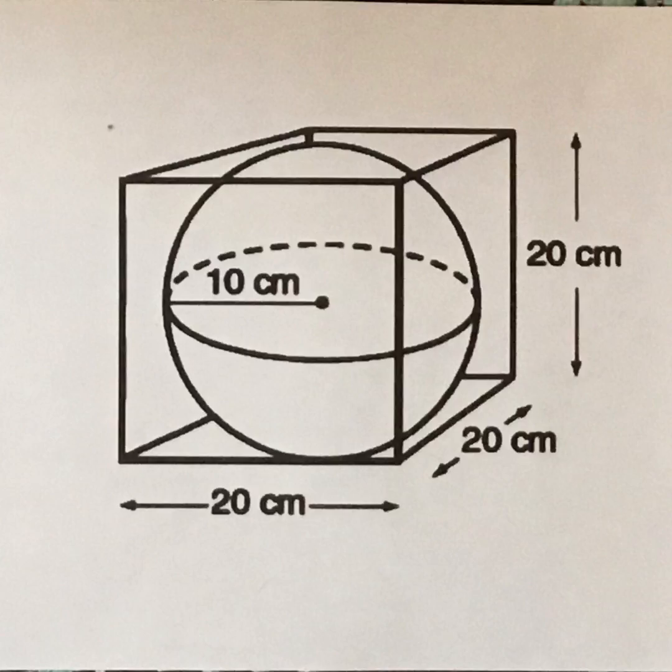This one is probably the most difficult of all the examples so far. You are trying to find the volume of the space left inside of the cube around the sphere. Think of this one as two shapes as well. Solve for the cube first by using the same formula as the last problem. If you do 20 times 20 times 20, you will get 8,000. Next, to solve for the sphere, you are going to use the formula 4/3 pi times the radius cubed. If you plug those numbers into the formula and then into the calculator, you will get about